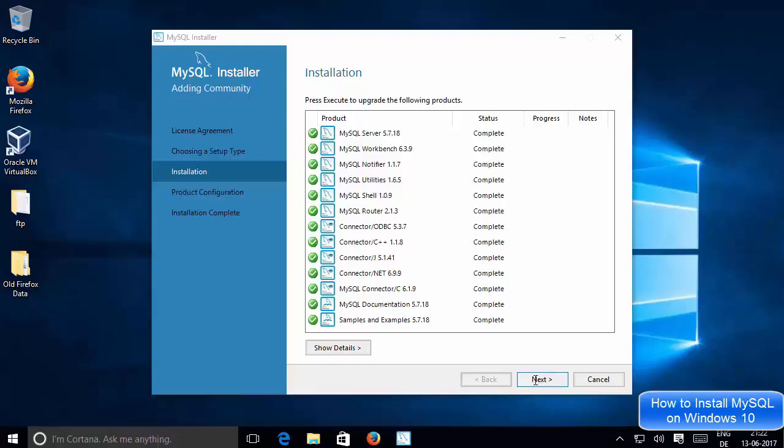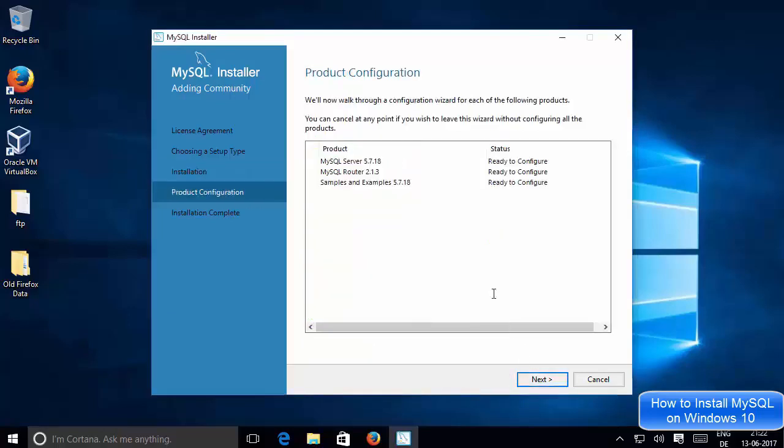So just click next, and now you will be able to see these options. One is for configuring your MySQL server, second is for MySQL Router, and third is for the samples and examples, because I have selected the developer default, right? So I will click next here.